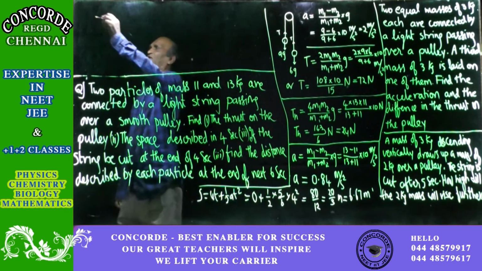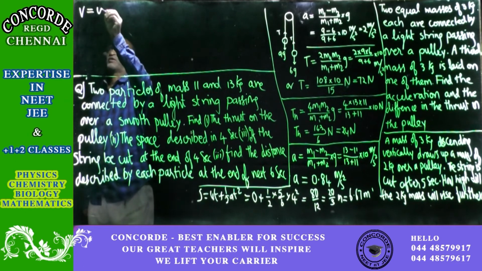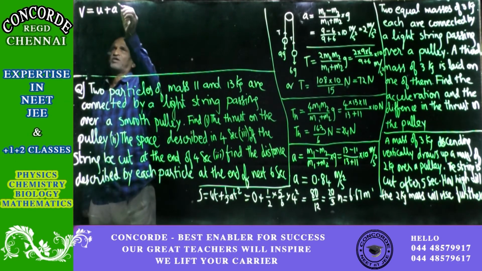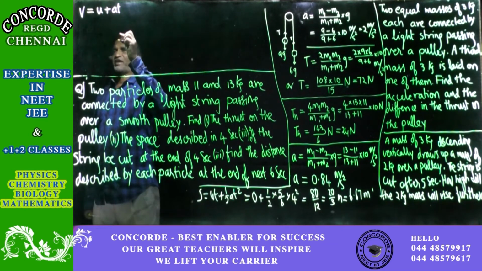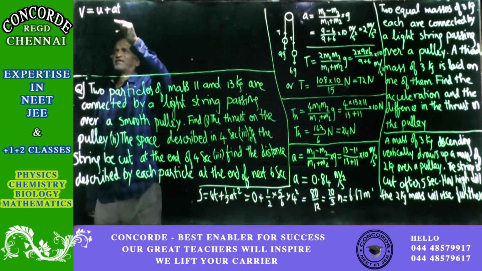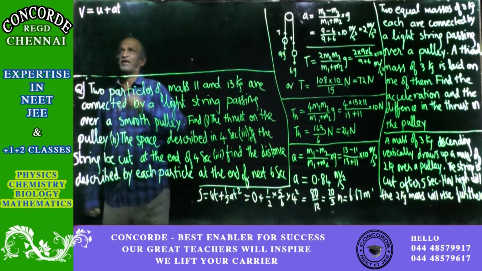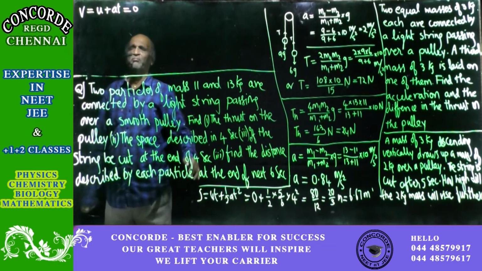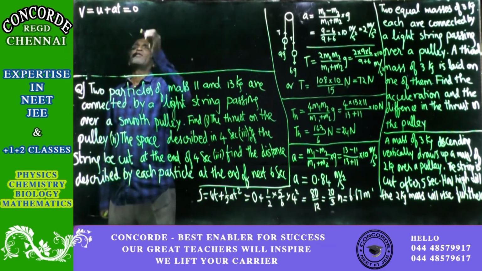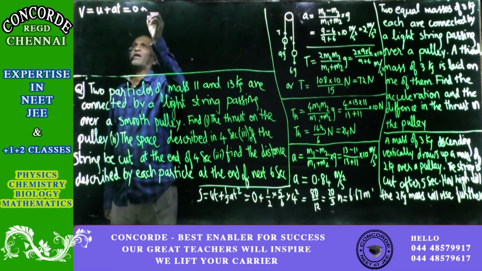Okay. So you have to find out the velocity in the previous case. To find the final velocity when the string is cut, it will be V is equal to U plus A into T. This is the velocity for the earlier motion, for which this is the acceleration that you will have to take. U is 0 in this case. Otherwise, if only the string is moving, you cannot put the mass at all over there. The string has to be at rest, then put the mass. So U is always 0.